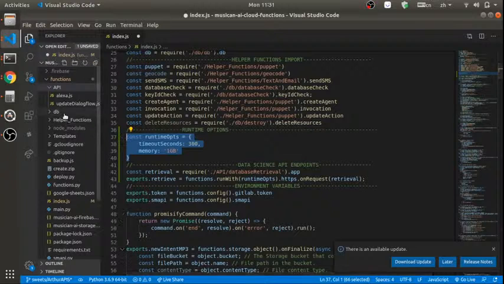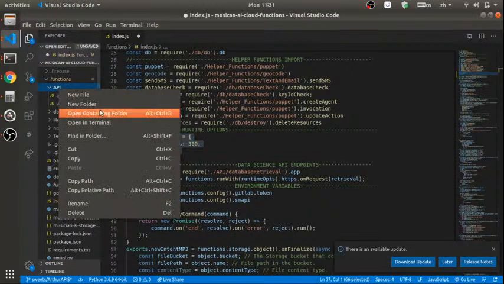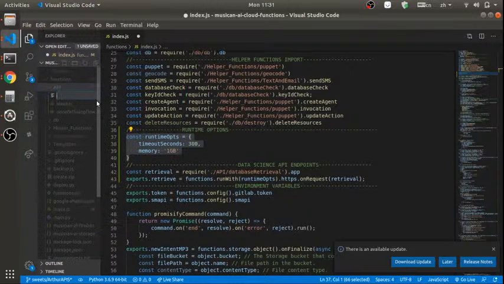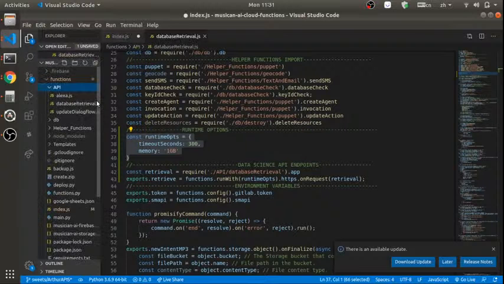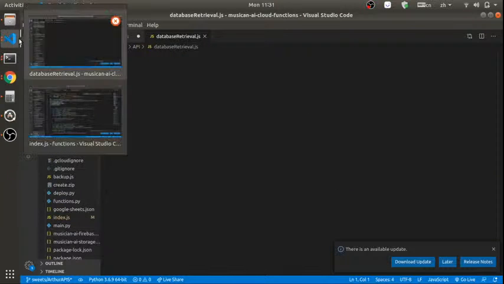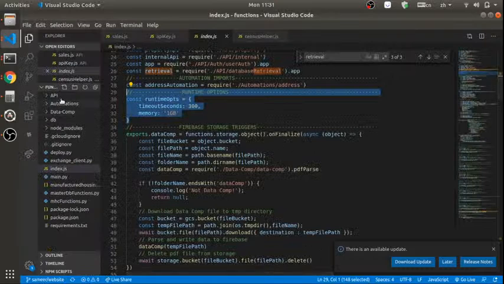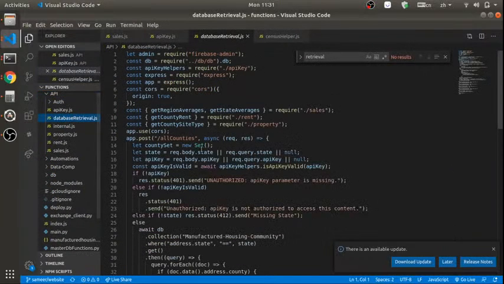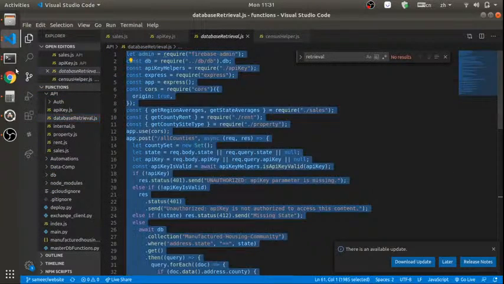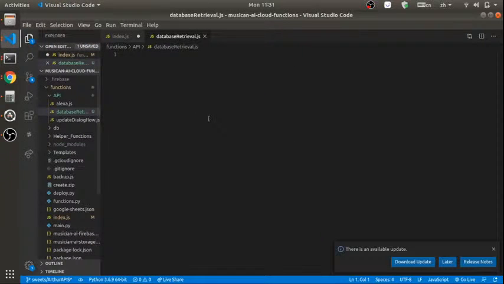We need to define the file. Defining database retrieval.js. Now we have this new file, but what should the contents be? We will reflect on the other original one, and I'm just for now going to copy everything, and now I paste it,